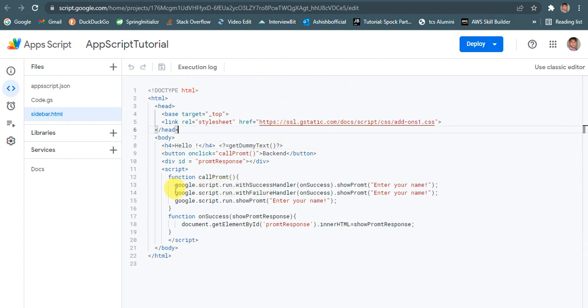Now from the front end we use this syntax. This has three different versions: google.script.run with a success handler, with a failure handler, and without anything. Let me explain. This call prompt calls, with success handler,